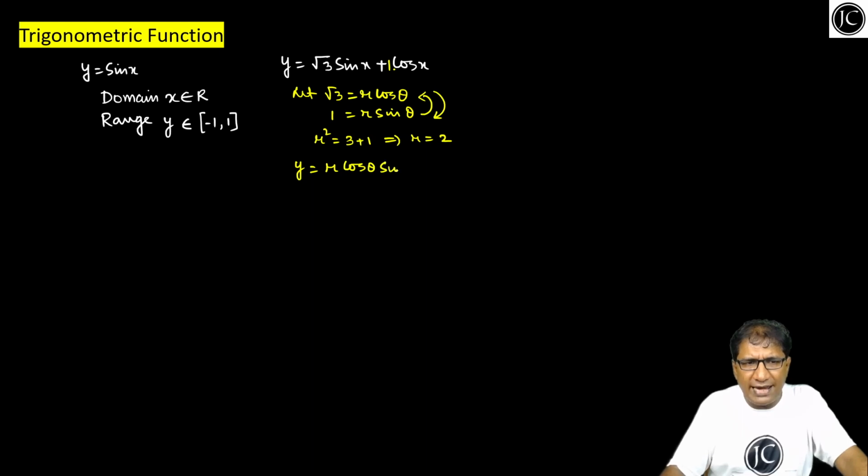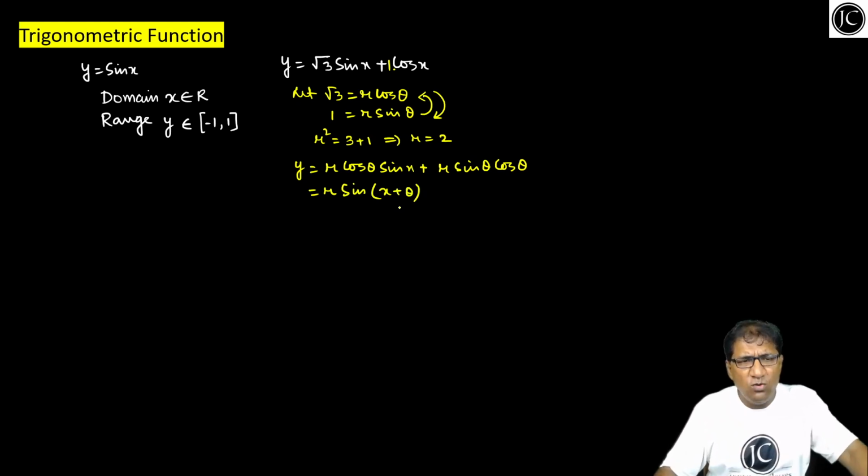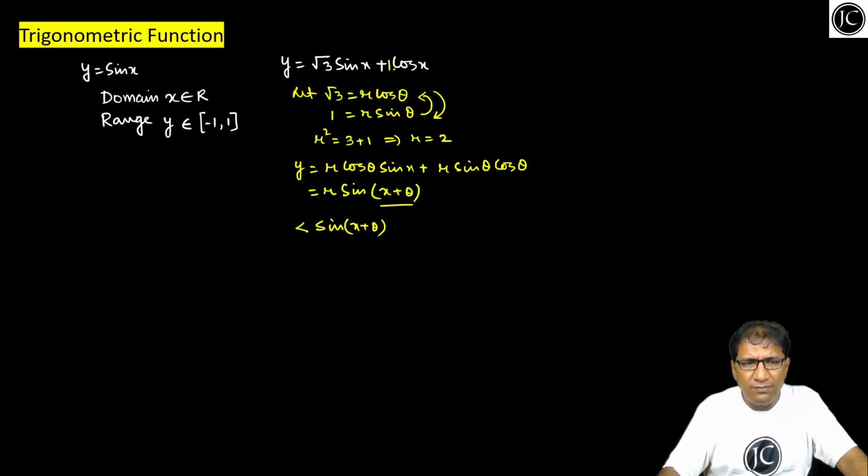R cos theta sin x plus r sin theta cos x. So if I take r common, we are having sin(x plus theta). Now we all know whatever may be the value of x plus theta, sine of x plus theta always lies between -1 and 1. And if I multiply with r on all sides,